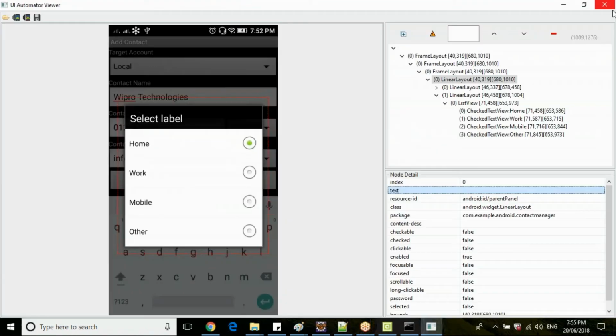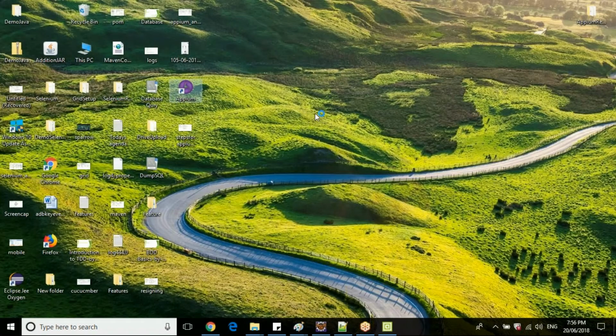Okay, let's close this UI Automator viewer, open the Appium server, execute this and check out.